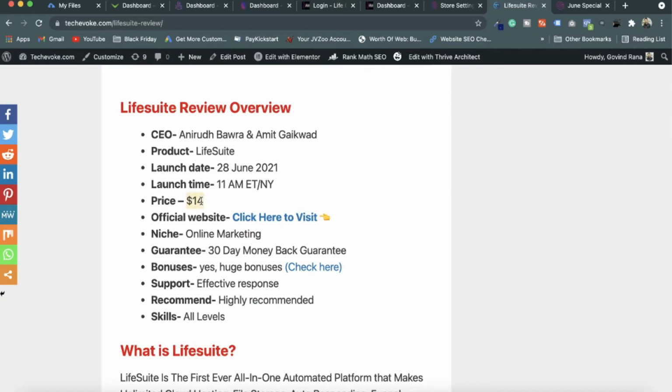It will change day by day till the 1st July 2021. The launching is only for 4 days. So don't delay, hurry up, get the discount and get all these 6 modules in one platform.